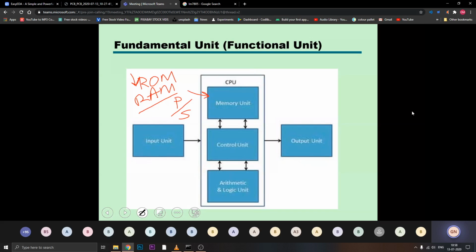If I switch to another song after some time, the old song's memory has been cleared and a new song is uploaded over there as soon as you select the next song. Okay, that is called memory swapping.